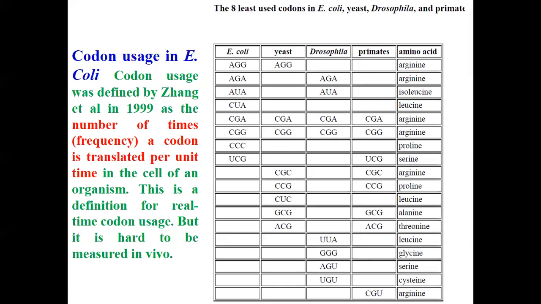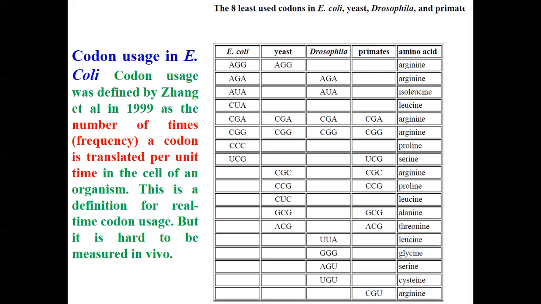Codon usage was defined by Chang et al. in 1999 as the number of times a codon is translated per unit time in the cell of an organism. Actually, this definition is for real-time codon position, but it is hard to measure in vivo. We use different algorithms